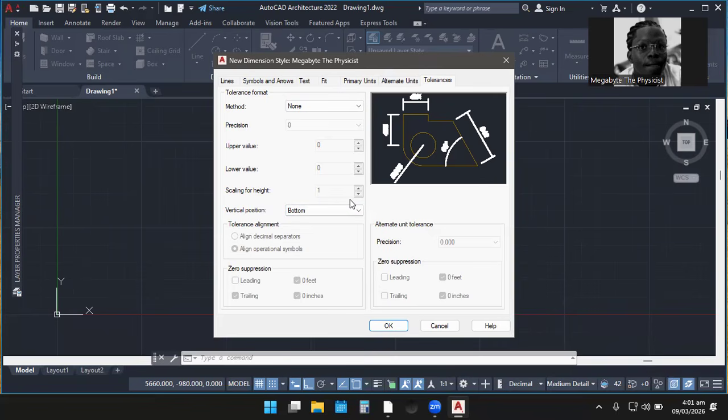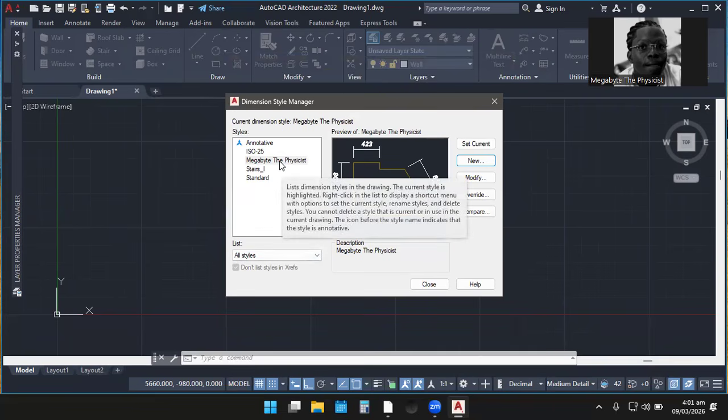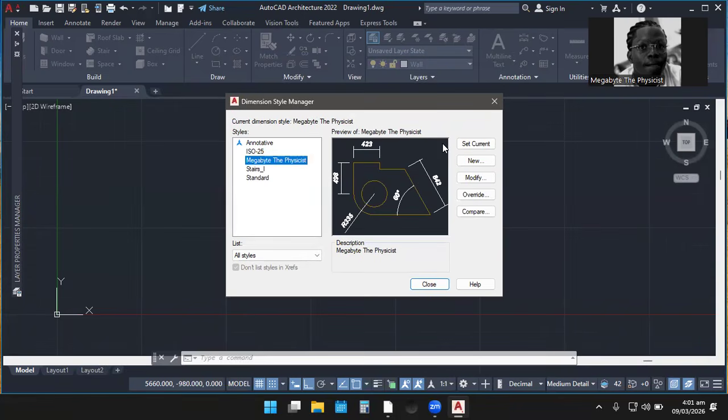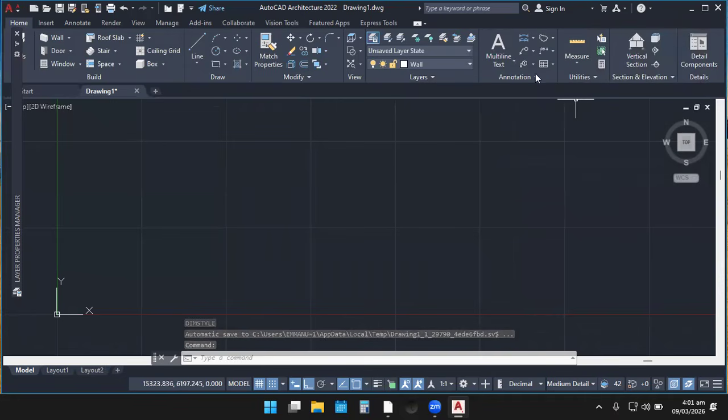Okay. Exactly. So when you are done like this, what do you do next? You just come and click on OK. Then you are done setting it. Okay. You see that this is still activated. Then you click set current layer. That means that this is what I'm using to do my drawing. So now I can close it. Now we can just begin to make drawings.